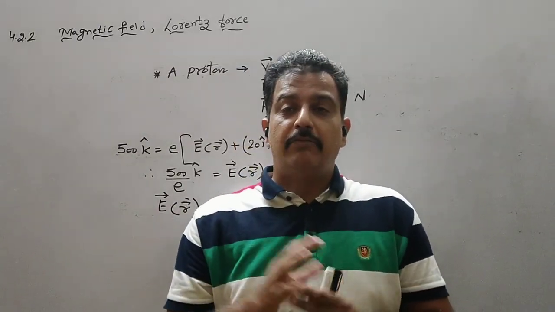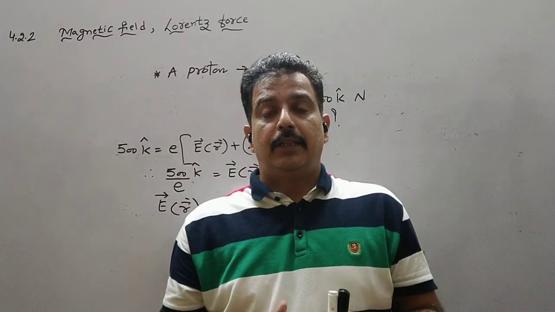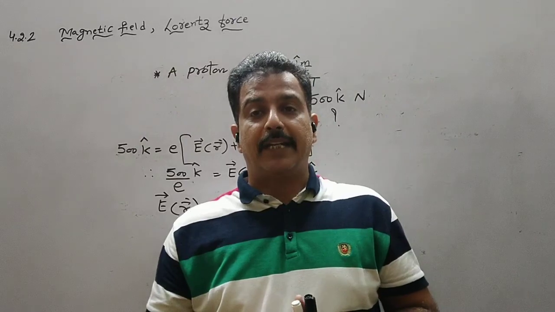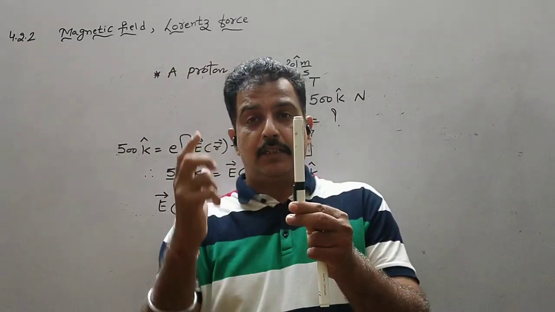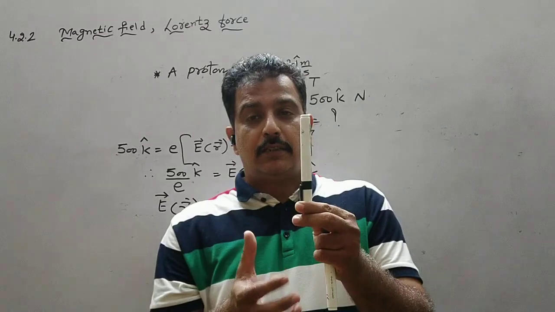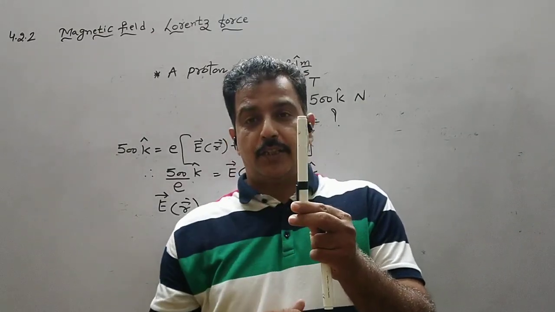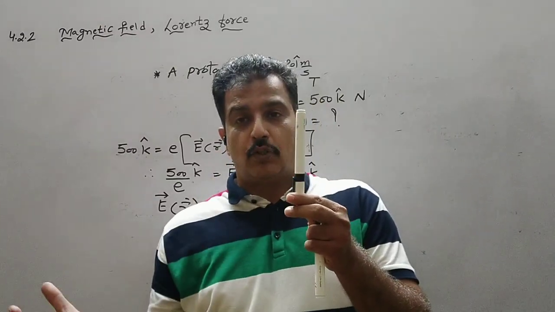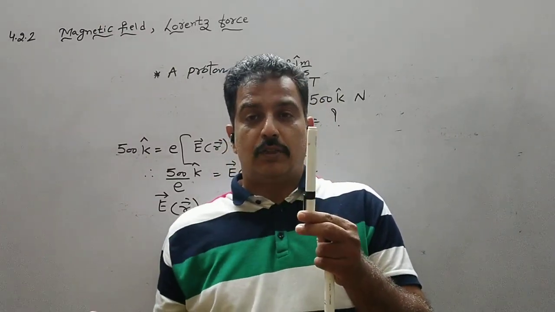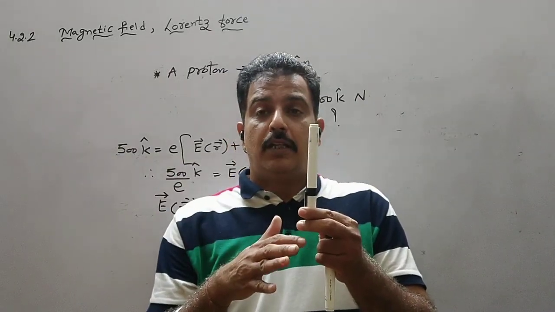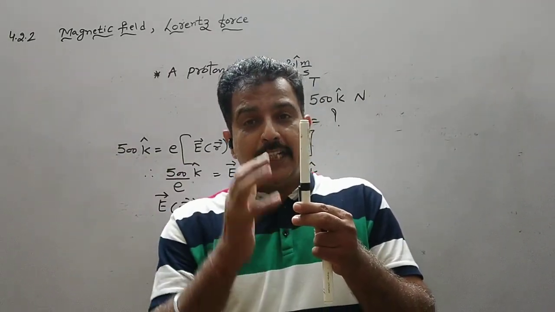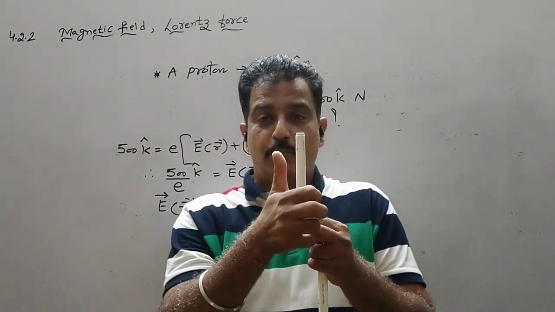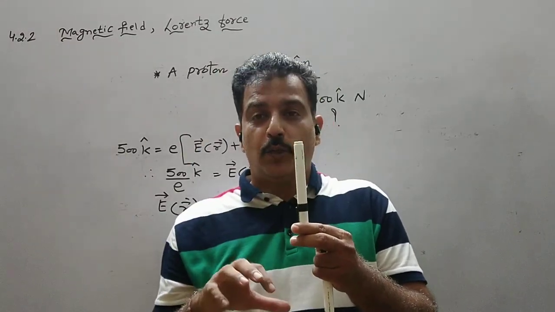In the coming days, we will see what happens if a wire carrying current is placed in a magnetic field. Say this is a wire carrying current I, and suppose the current is in the upward direction. Now, what are the mobile charge carriers of current? They are the free electrons. So current is due to the motion of electrons. At the microscopic level, all the electrons are moving in the downward direction, since the conventional current is upward and the electronic current is downward.